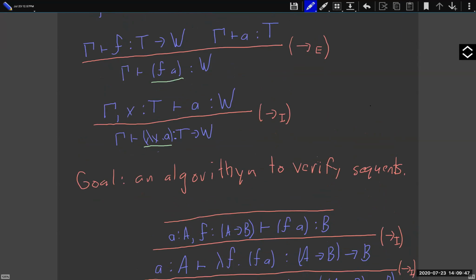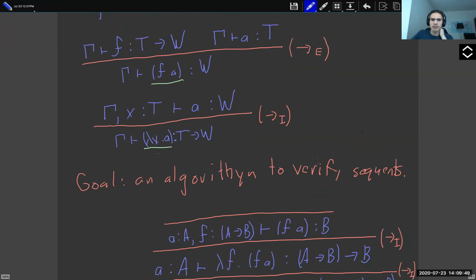Exactly. So the rule that corresponds to an application is implication elimination? Good. I probably want to draw this line a bit longer. Okay, and now,